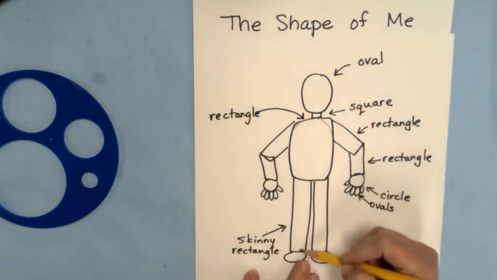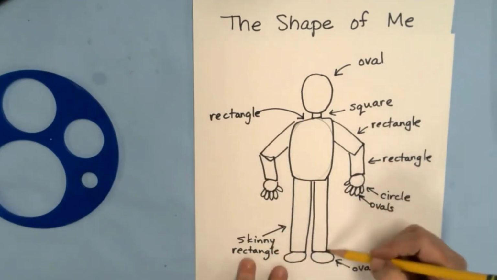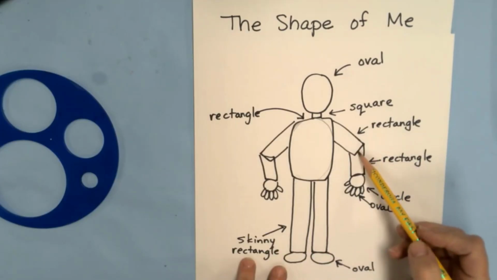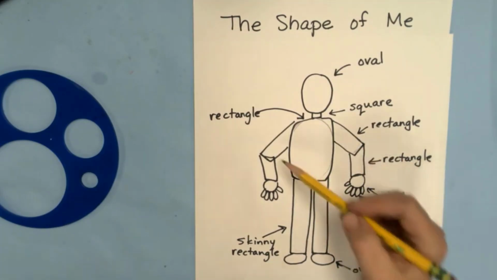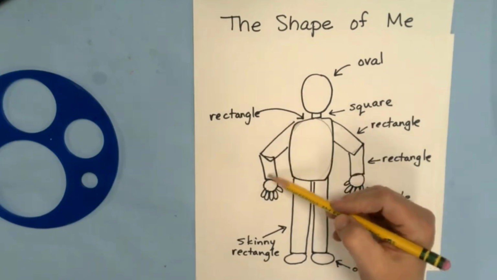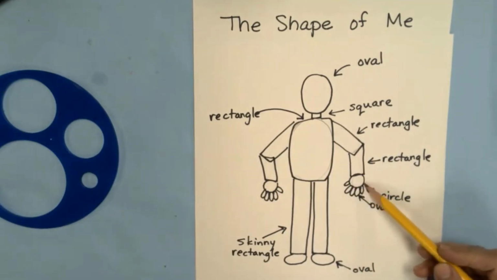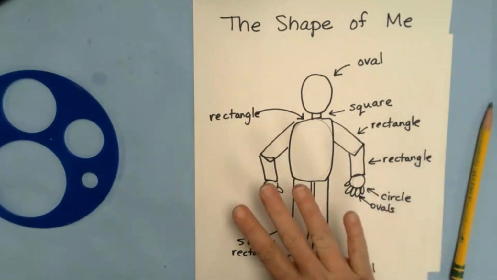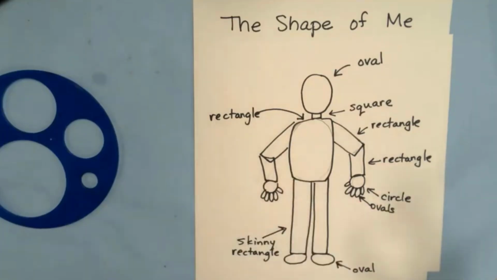You should have two long, skinny rectangles for your legs. If your arm is going to bend, you could use two shorter rectangles to make it bend right here. But if you just want a straight arm, could you do just a straight rectangle here? Yeah, you could. And your hand is a circle with little ovals connected to it. So this is like a circular shape, and then you could make little ovals to attach to make the fingers,